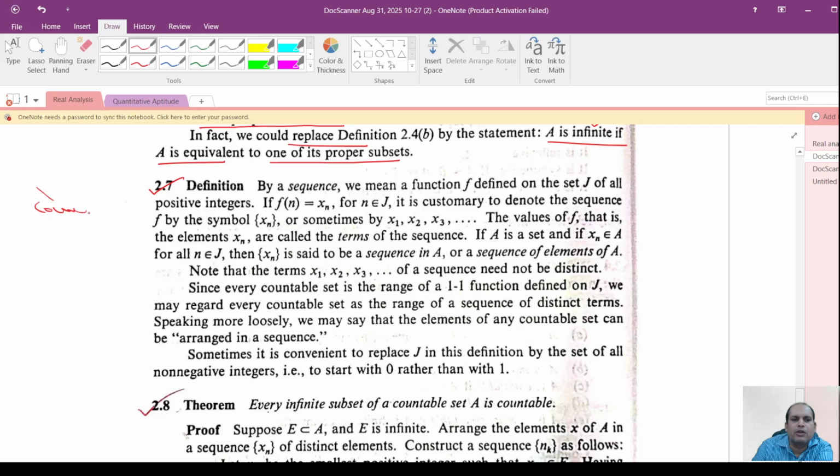One of the reasons why, whenever a countable collection is given, we can list it with the notation of the counting set, that is the set of natural numbers, for a countable set, because as per definition, one can use this definition for the sequence. See, a sequence is a map from the set of natural numbers to the reals, if I am talking about a sequence of real numbers,